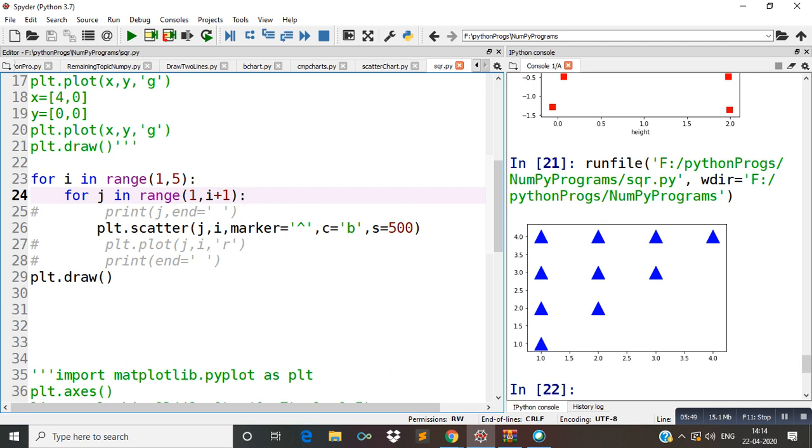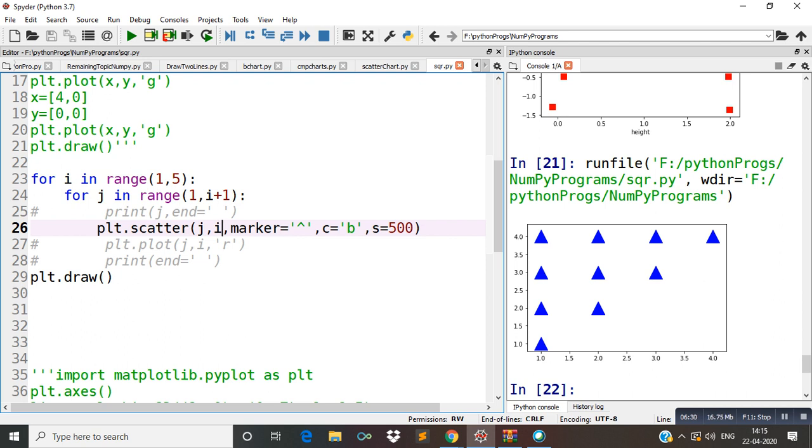Try to understand here. Here I have used two loops. This is the outer loop and the second one is the inner loop. Okay beta, using these loops, this time you can see the value of j is 1 and the value of i is 1. So the coordinate 1 comma 1 will be at this first triangle, the lowest triangle. Because of this 1 comma 1, the lowest triangle will be displayed.